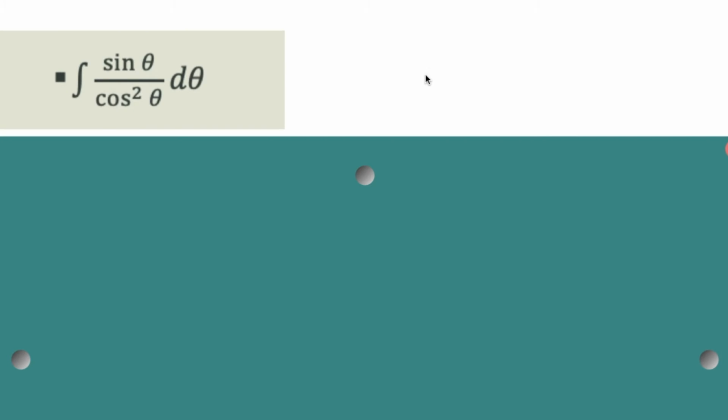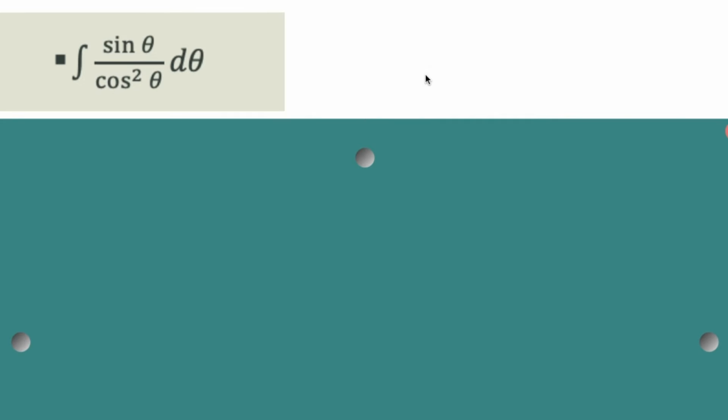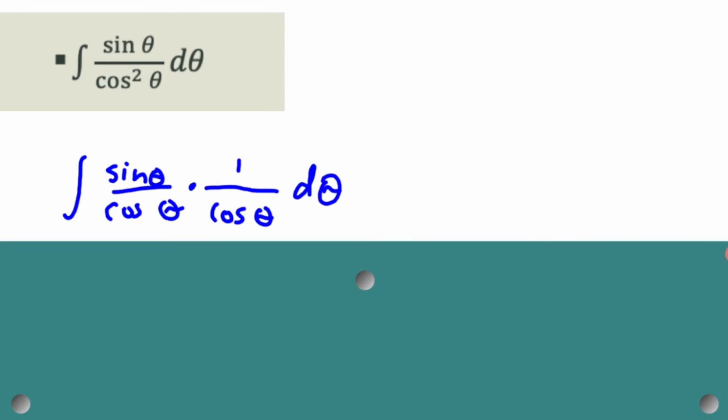All right, so next problem here, go ahead and pause the video and try this one out on your own, and then check back and see how you did with it. So, first thing we need to do is use some identities from trig, from pre-calc. So we have sine over cosine squared. That's not something we can take an integral of, so what we're going to do is split this up into sine over cosine